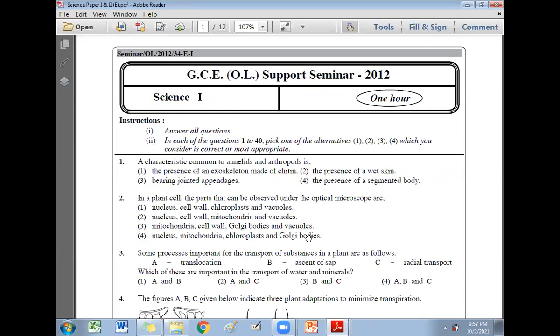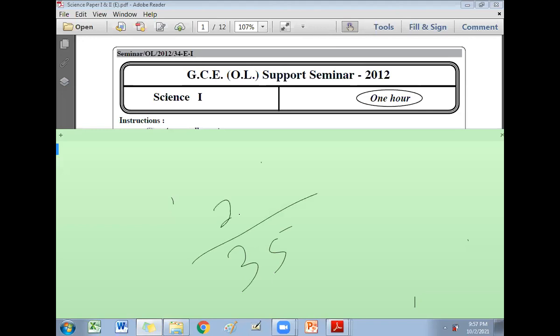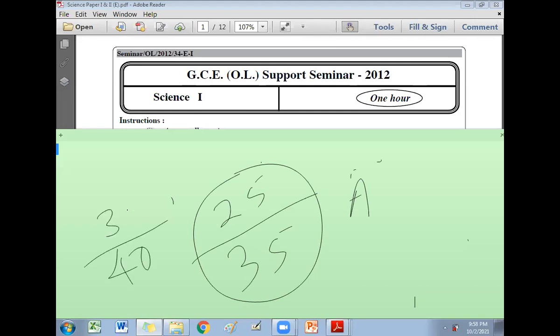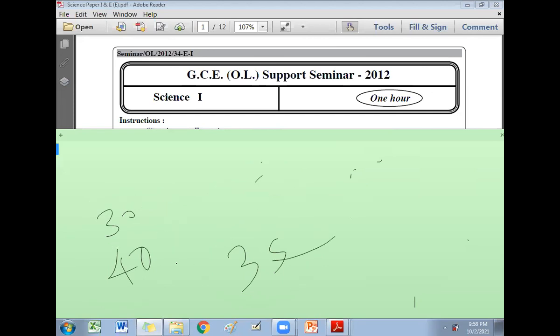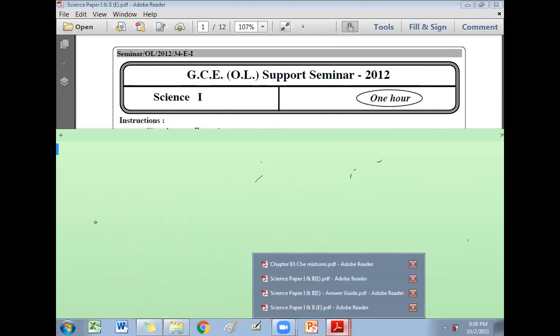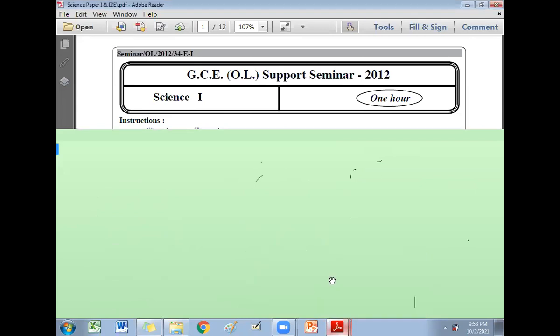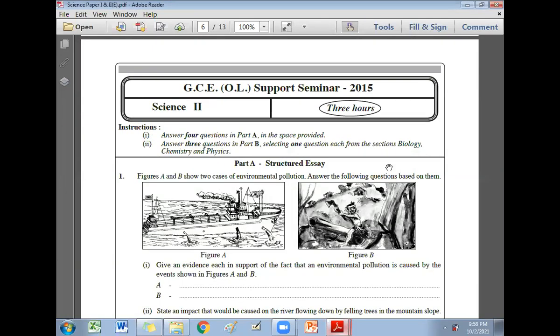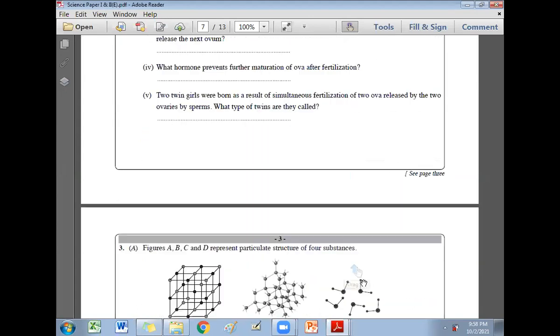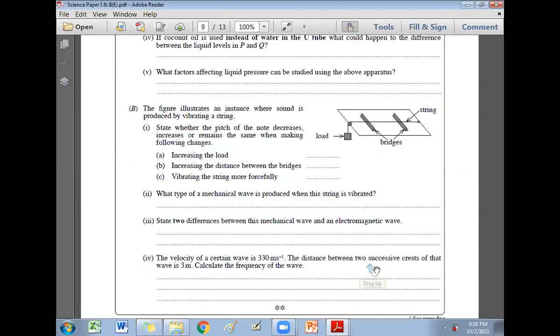So around 35 MCQs of this paper you can do. I want you to get, out of 35 MCQs, at least 25 or above to go for an A pass in the science paper. If it is out of 40, you have to get at least 30 or above, 30 plus, right? So to go for an A pass out of 40 MCQs, you have to get 30 plus, right? So this paper I'll be discussing next week, MCQs, and the previous paper, 2015 essay type questions, I will be discussing next week. Essay type questions and 2012 MCQs.